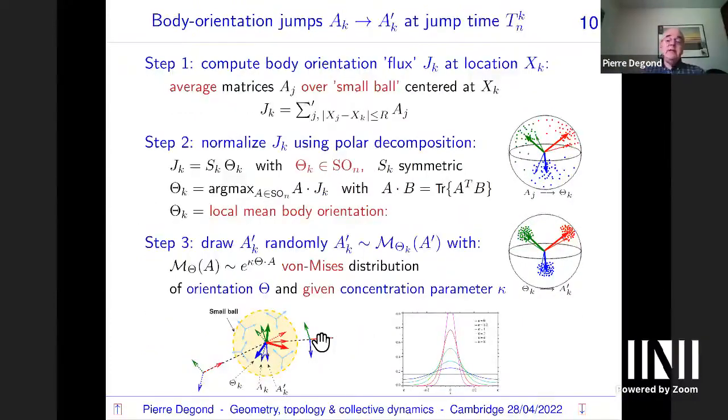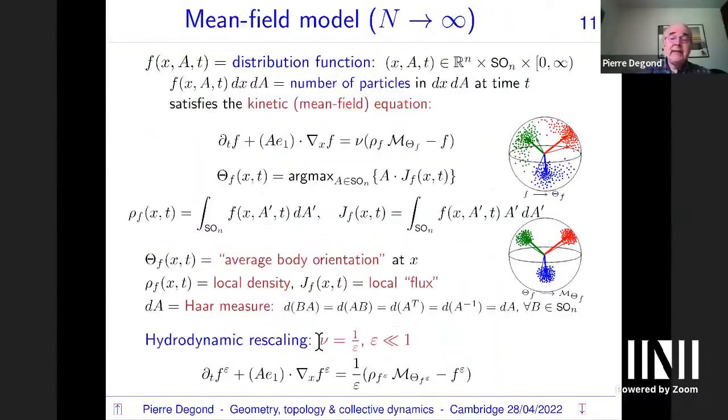As such, this doesn't tell us much about the qualitative properties of this model, and to understand better what's happening, I'm going to write a macroscopic model derived from this model. And writing a macroscopic model usually starts by writing a mean field model in the limit n to infinity. So in this limit, if I take the empirical distribution of the particles, I can show, at least maybe in a simplified case compared to this one, and that has been done by Antoine Diez, that it converges to a mean field model,